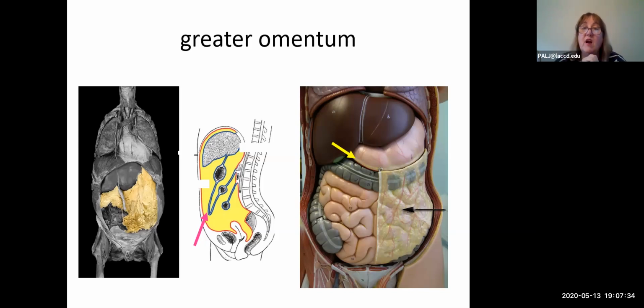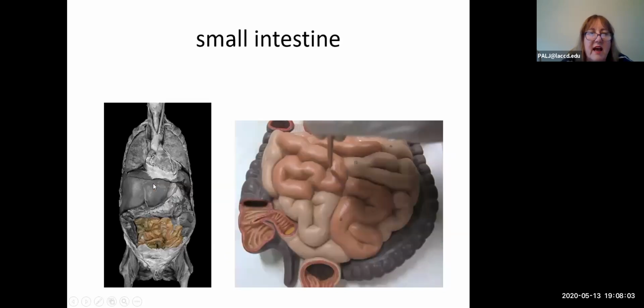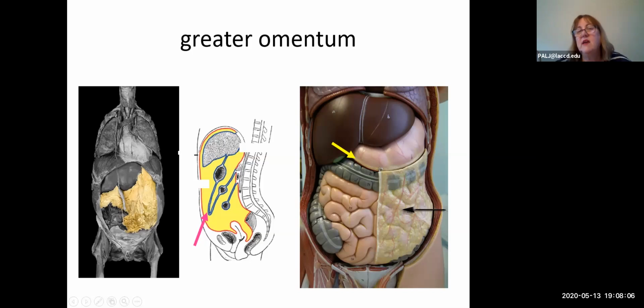Outside of the stomach, there's a very interesting structure that is attached to the greater curvature of the stomach. So on the stomach models in lab, you can see this yellow line right there, and then it's cut because the rest of it is attached to the intestinal part of the model. And what happens is we have this layer of fatty tissue that hangs inferiorly. It's this bright yellow stuff over here in this cadaver,